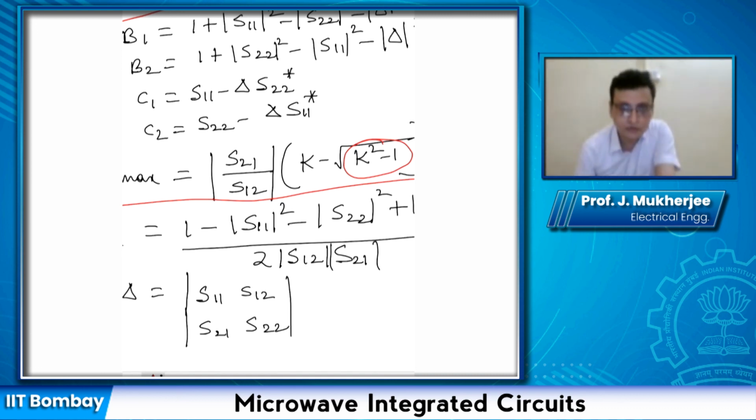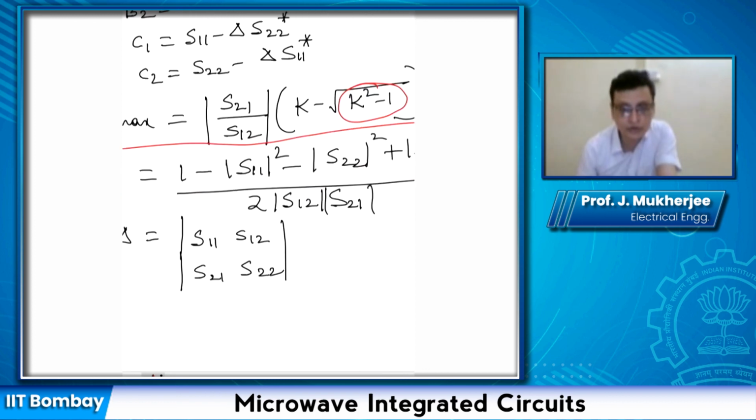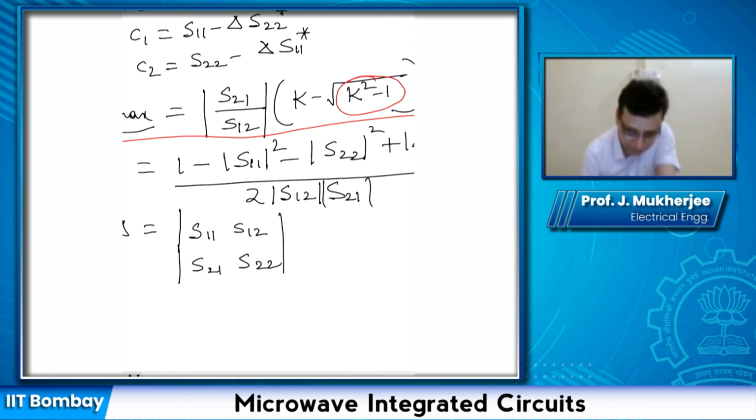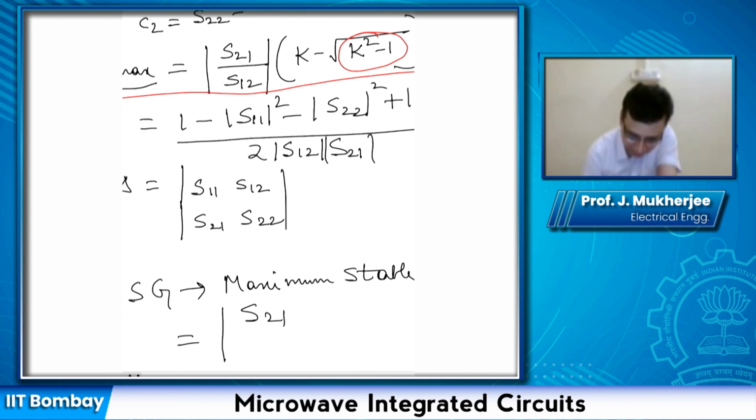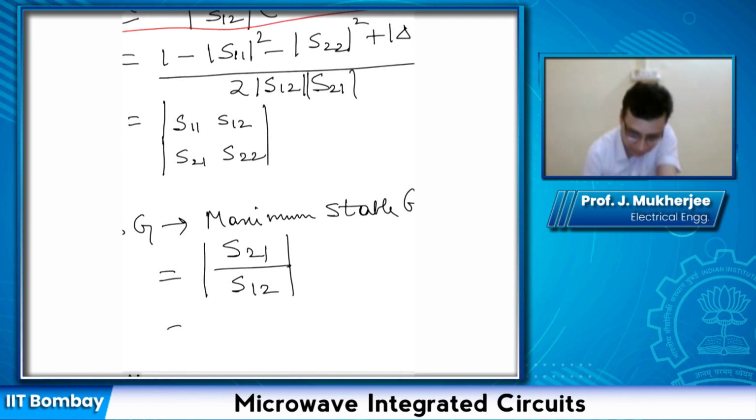So for the potentially unstable case, since we cannot define GT max, what we do is we define something called MSG, maximum stable gain. So MSG is given by modulus of S21 upon S12, which is equal to